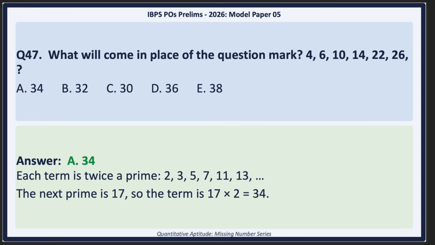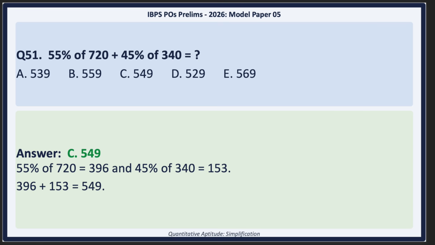Which brings us perfectly into questions 51 through 55. The art of simplification and approximation. We've been talking about recognizing patterns on sight, and this section tests your mental math under pressure. Big time. I know this is a race against the clock, but why not just calculate everything out precisely? Because that is the ultimate time trap. The exam is testing your judgment just as much as your math.